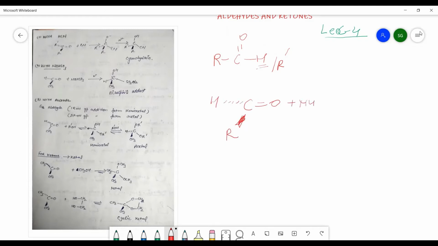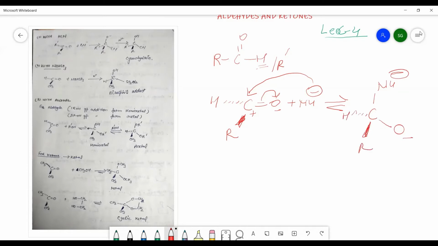the nucleophile will attack the carbonyl carbon, as the oxygen is negatively charged and the carbon is positively charged. Previously we have seen that because of this carbonyl group, aldehydes and ketones are polar in nature. So the nucleophile will attack the electrophilic carbon atom, and we will get the intermediate in which the nucleophile will be attached like this, and there will be O minus and the alkyl group and then hydrogen.